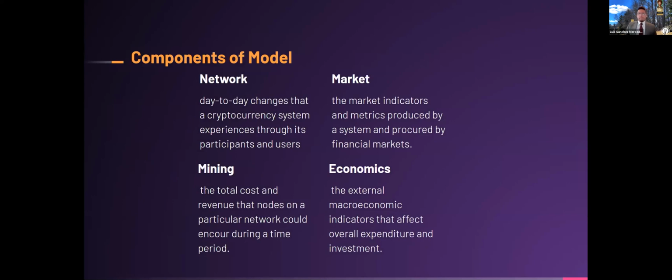In terms of the inspiration that I got and the components that I built on it, the model that I created, I segmented it into four different sections. A network section that essentially focuses on the day-to-day changes that the cryptocurrency experiences through its participants and also the changes in transactions. I also focus on the mining, and this is kind of inspired by the two previous models, focusing on the cost and the revenue